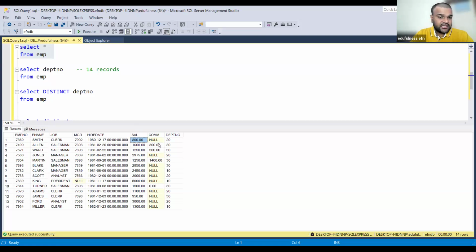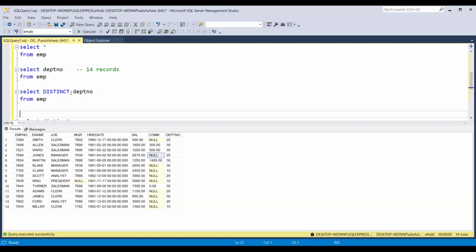Maybe data is not available at this moment, or not applicable. Here also, not applicable you can tell. He doesn't have any commission, so you will not insert any data. Okay. So that is what null is.